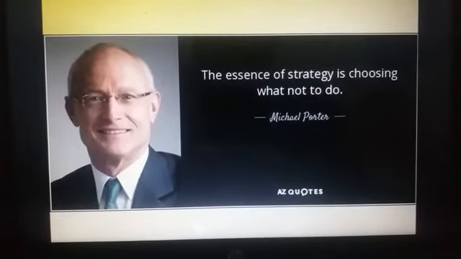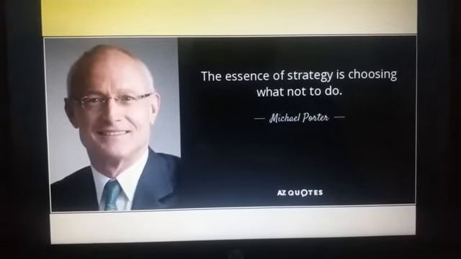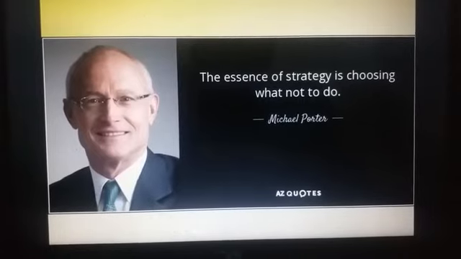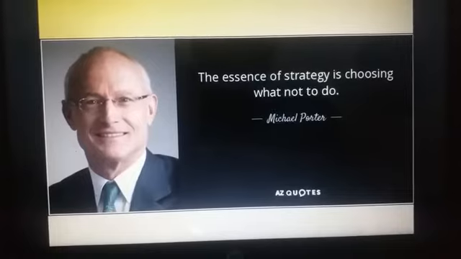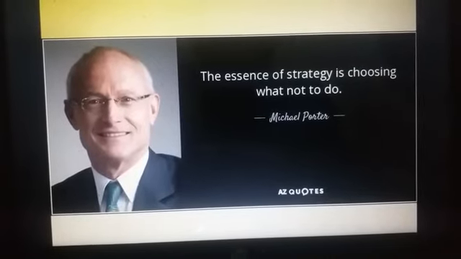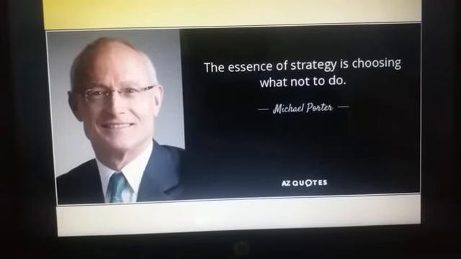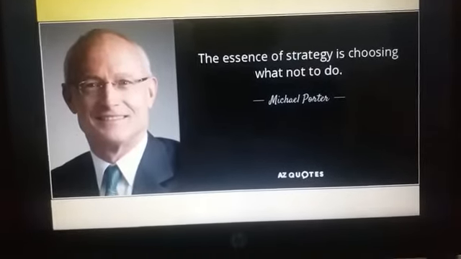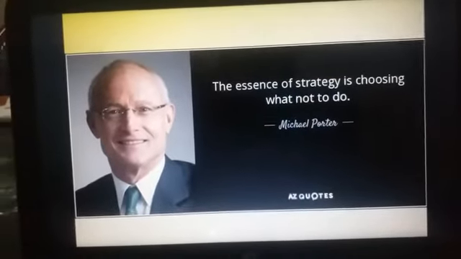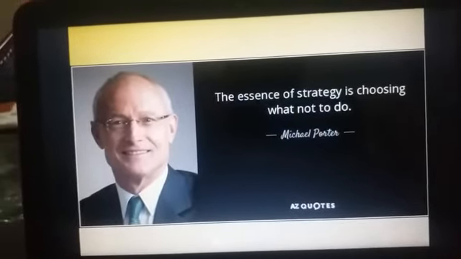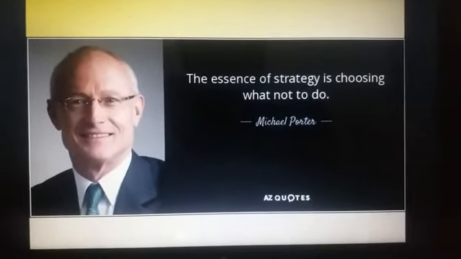Since 30 minutes are already over, now let's talk about the essence of strategy: choosing what not to do. What is strategy actually? Quoted by Michael Porter. Innovation is the central issue in economic prosperity. We can say that a company without a strategy is willing to try anything. So, sound strategy starts with having the right goal. Change actually brings opportunities, students. On the other hand, change can be confusing at the same time.